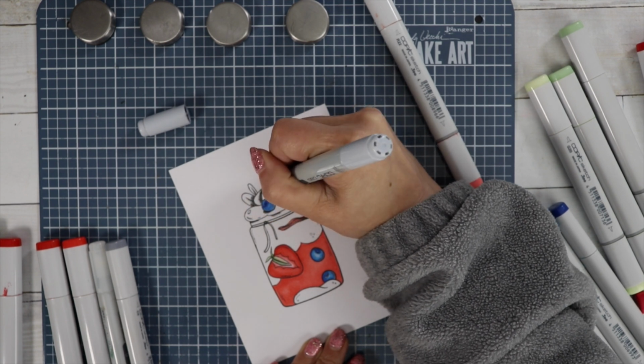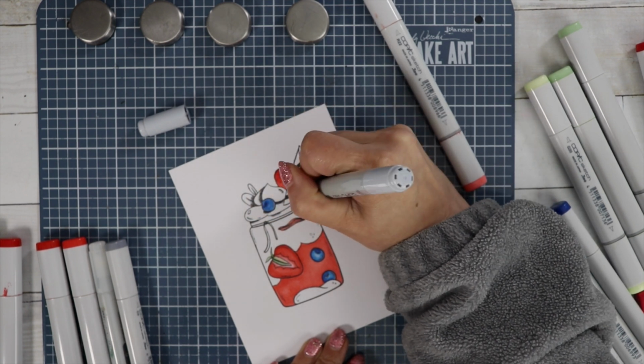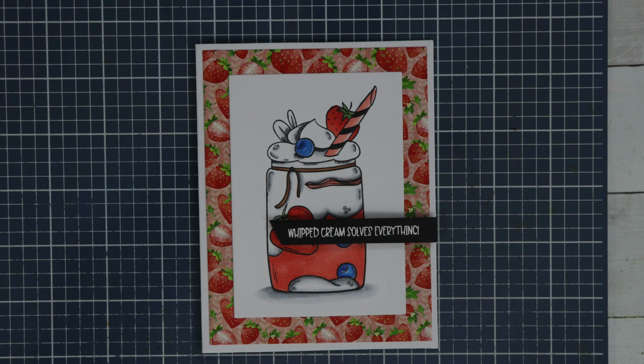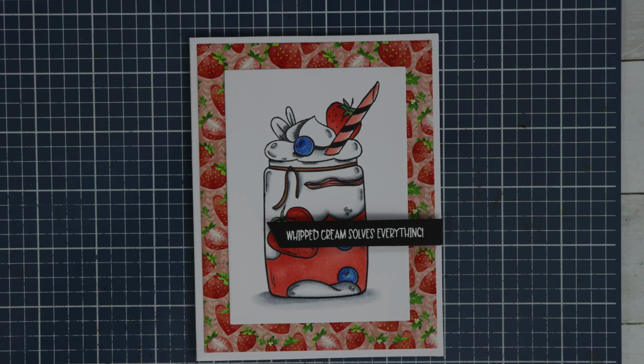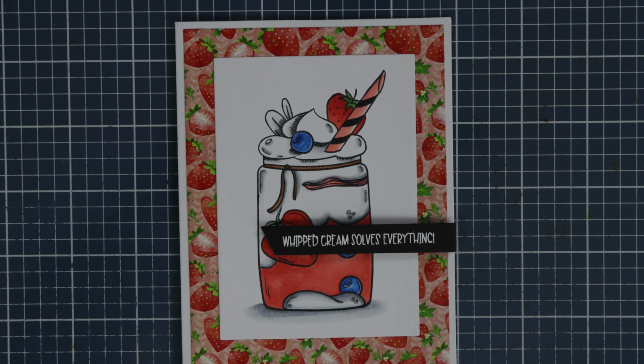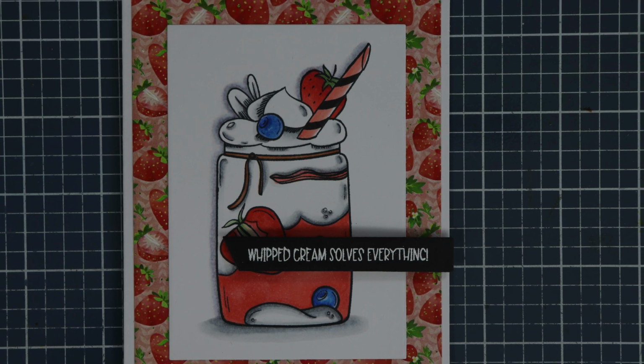I think I accidentally deleted the rest of the footage, but here's the finished card. Let me know if you prefer it with the shadow behind the jar or without. The first picture is without, the second picture is with, and I also added a shadow to the bottom to